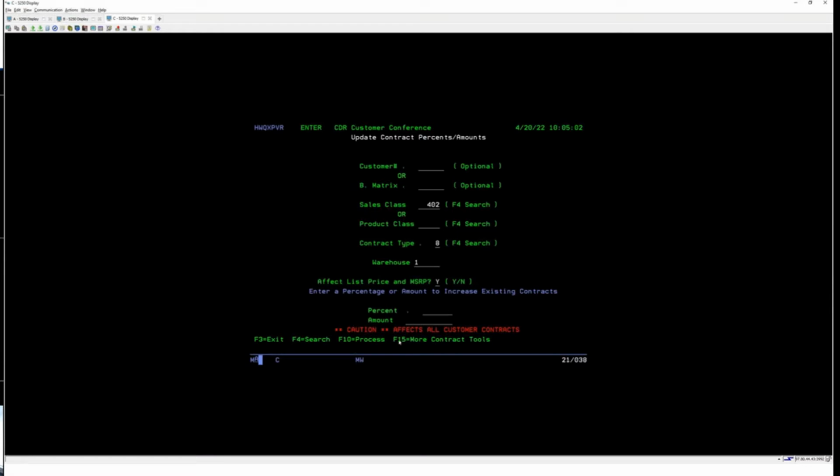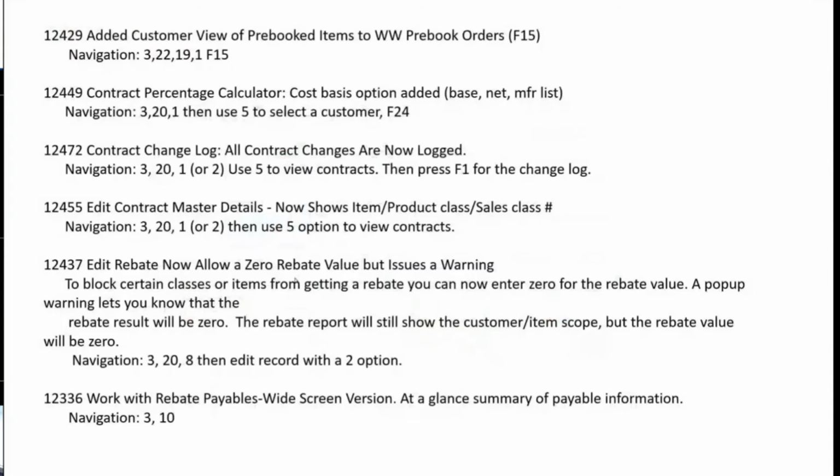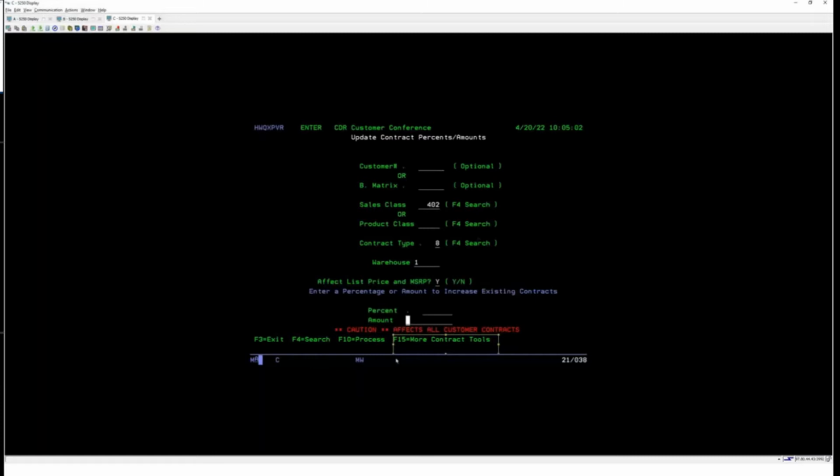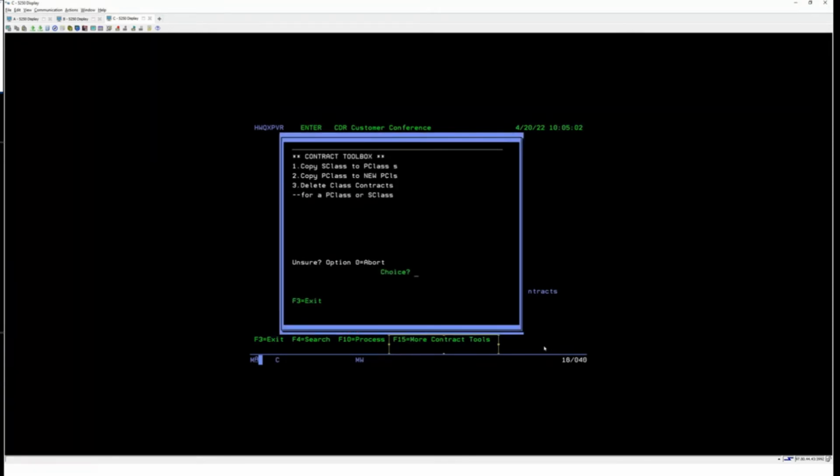Now I'm going to try to press F15 because I think that's another tool. Let's just look over here and see if that is the change log. No. This is another little set of tools that we decided to put on this page. So if I press F15, let's see what that does for me. So, some additional tools that we had sitting in CDR's toolbox that we use. Now these are things that are powerful. And when you can change a lot of contracts, you want to make sure that you know what you're about to change. If you have a question, I urge you to call CDR support